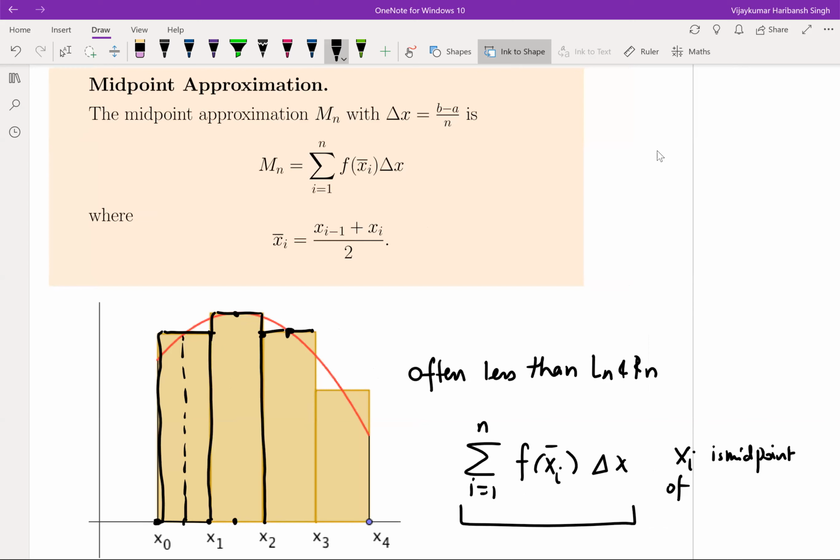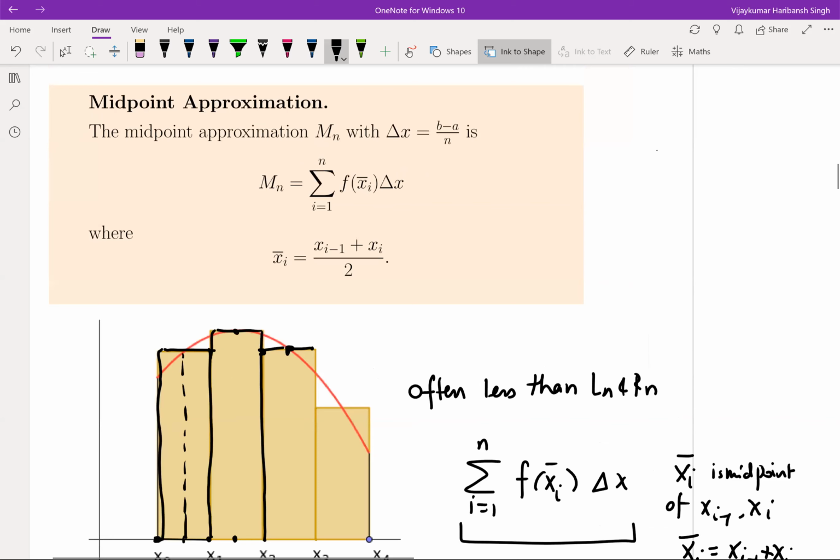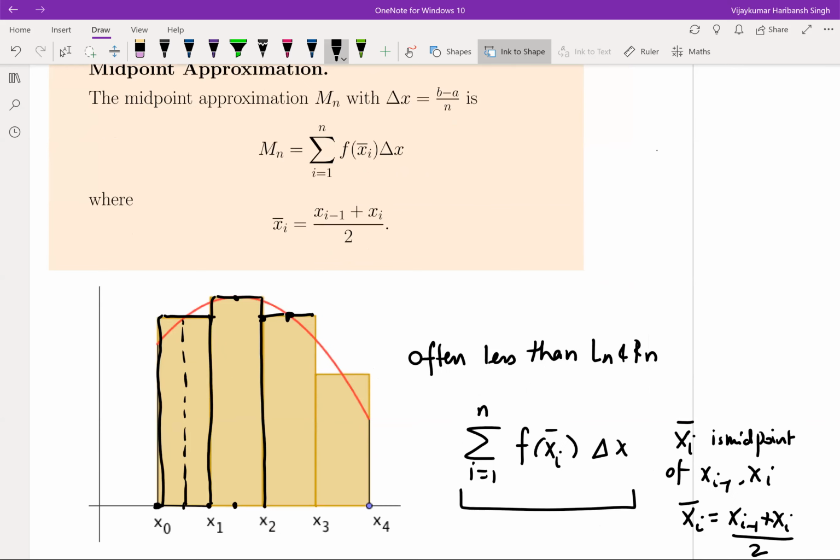xi minus 1 and xi, right? So this is what the xi bar is, and you know what the midpoint is. Just take these two values and take the average, right? So this is what is called the midpoint rule or midpoint approximation. Similarly, we can have